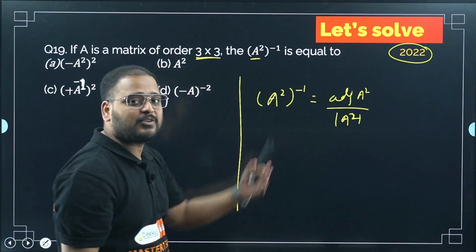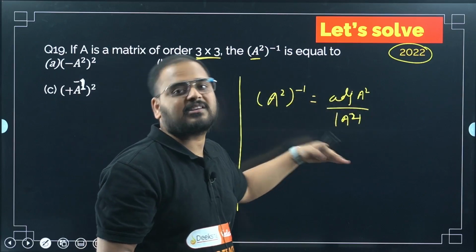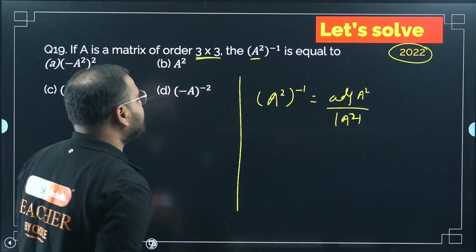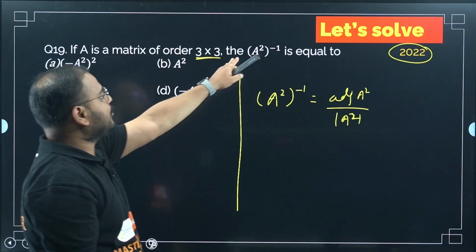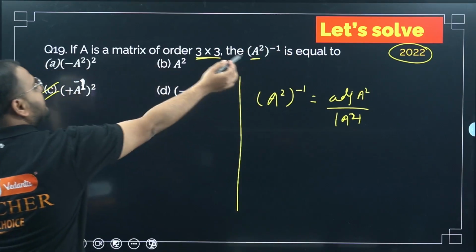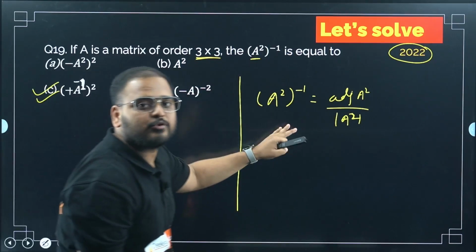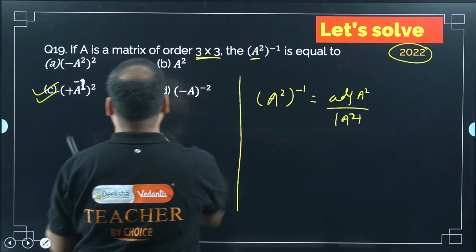Why are they using this? Because I told you this is a PYQ, which means the question's application will come from other chapters also. So adjoint is being used. If not, then directly you can take the answer as C. The property is also there: you can take the square out and then the inverse will come inside. Okay, but I'm trying to show you how this works. So option C is the correct answer.